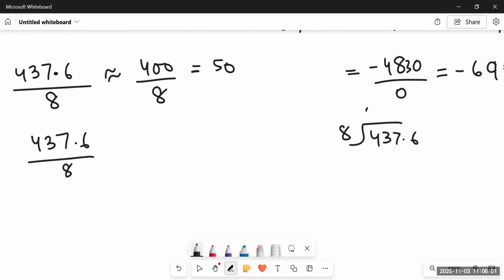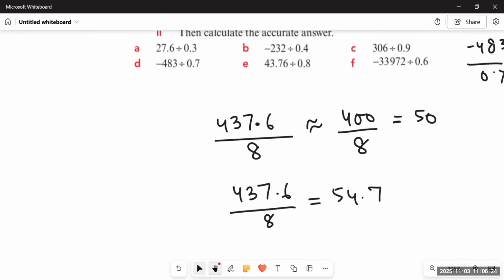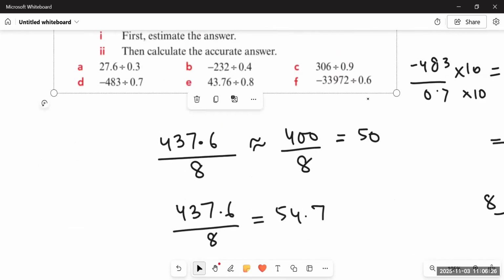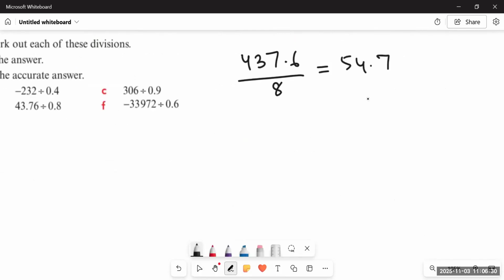So 8 fives are 40. Here comes 37. And then 8 fours are 32. Comes 56, put a decimal. 8 sevens are 56. So the actual answer is 54.7, which is quite close to the estimated answer. Next, we have the last one, where it's minus 33972 over